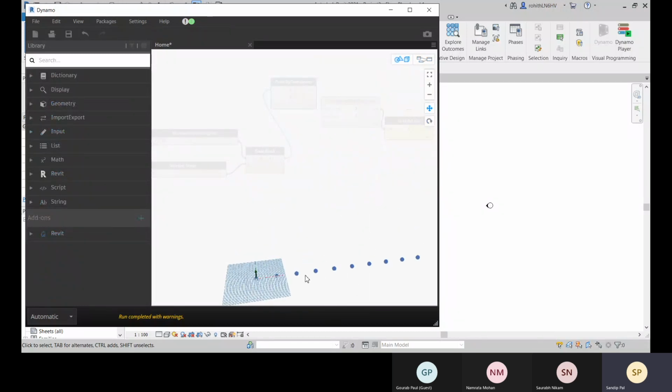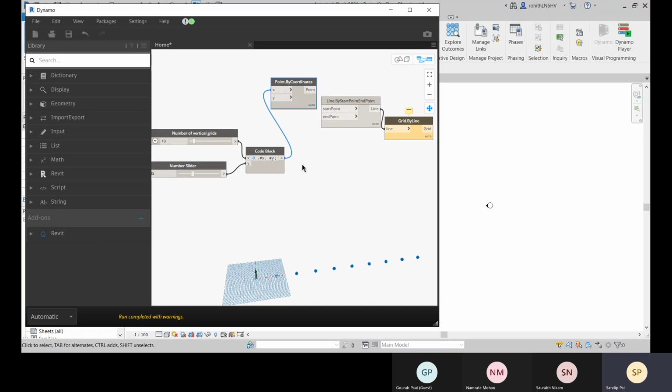So all the points are created, right? Now if you go for this change, that is reflected, right? And you can increase the number and decrease the number with this number of particular grids.